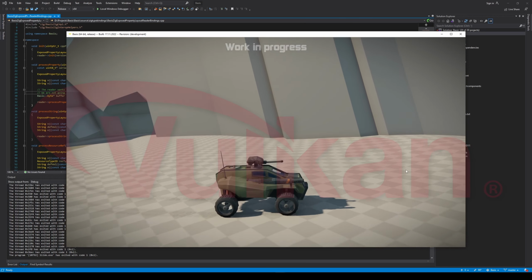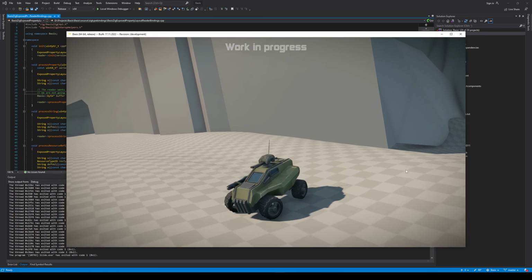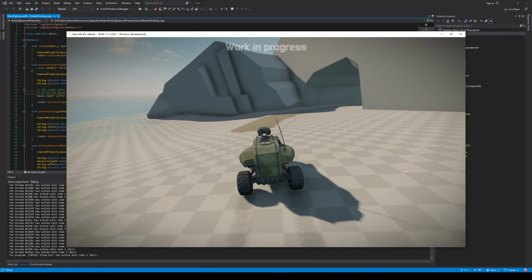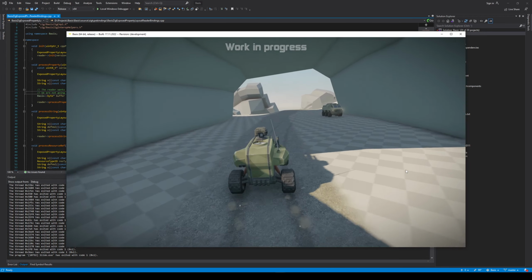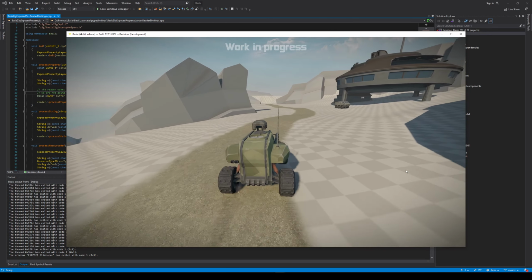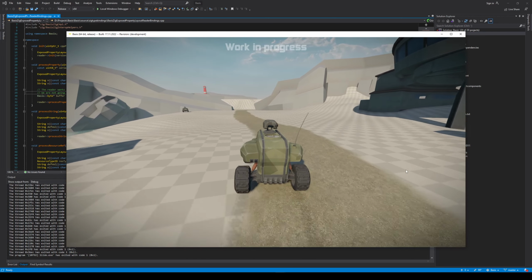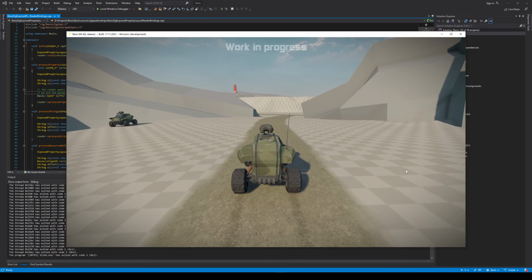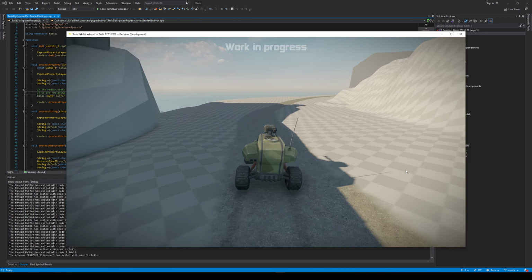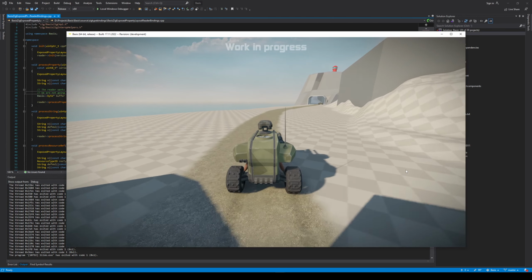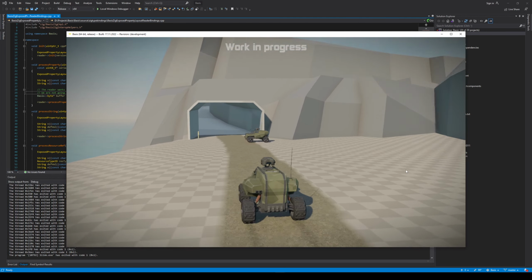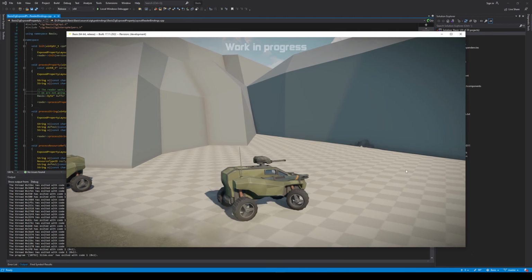So Vulkan is a reasonably new so-called modern API in that it puts a lot of emphasis on the actual game or app programmer. It takes responsibility away from the graphics driver. And so the big idea is that when used correctly, you can get a lot of performance out of the Vulkan API. Or another so-called modern API such as Metal or